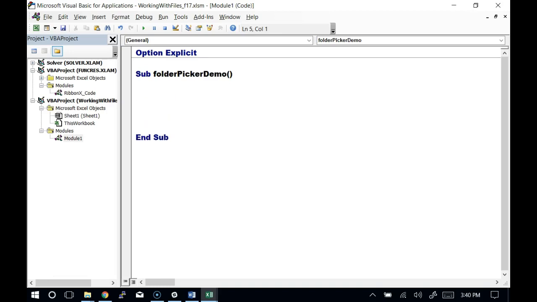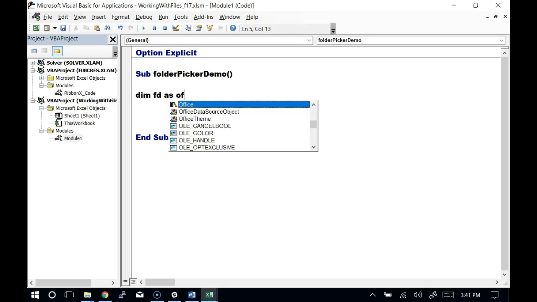All right. So this functionality is kind of built in. It's really nice functionality built into all of the Microsoft Office applications that allows us to just invoke some common dialog boxes. Some dialog boxes are just built in. It's just a part of the language. It's actually a part of the application itself. And so I'm going to create a variable called FD. It's going to be an object that I can refer to that has methods and properties that will allow me to interact with the user. So dim FD as Office